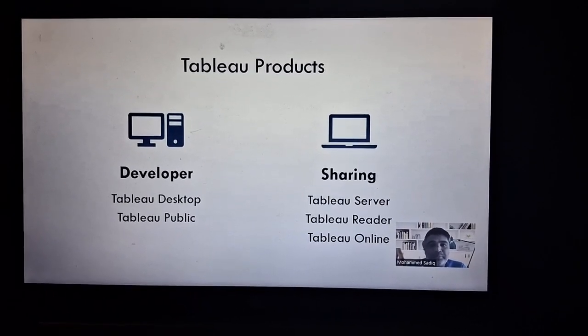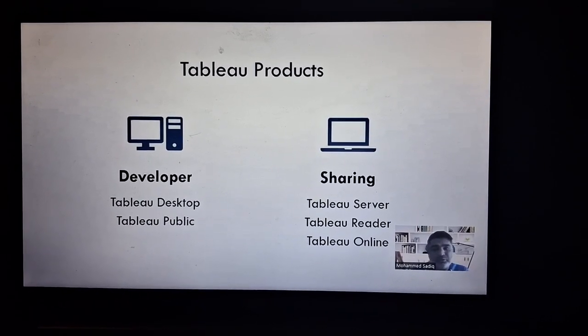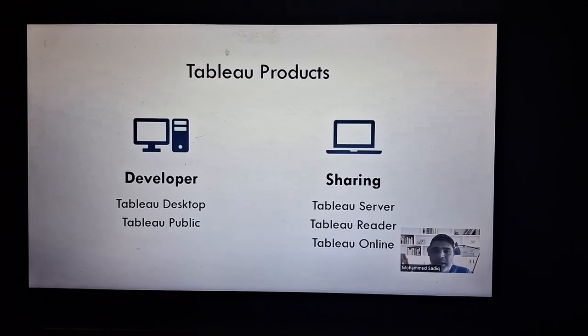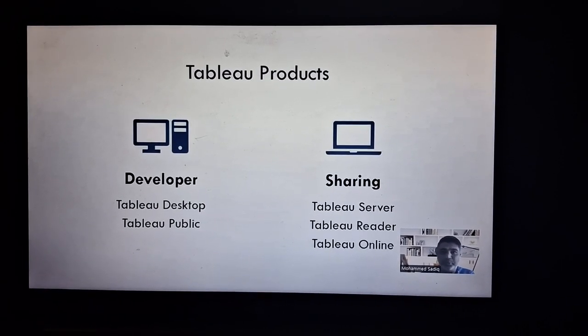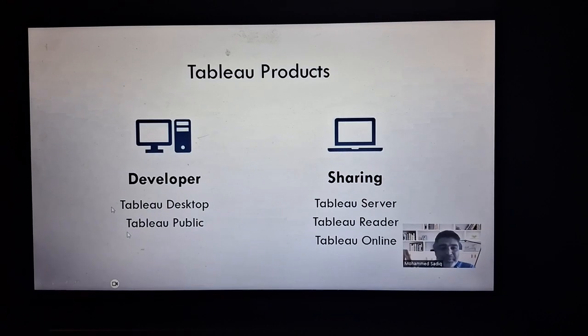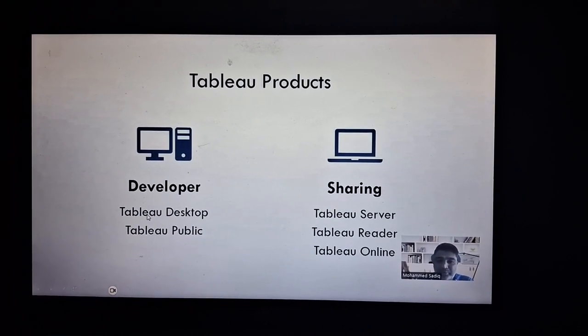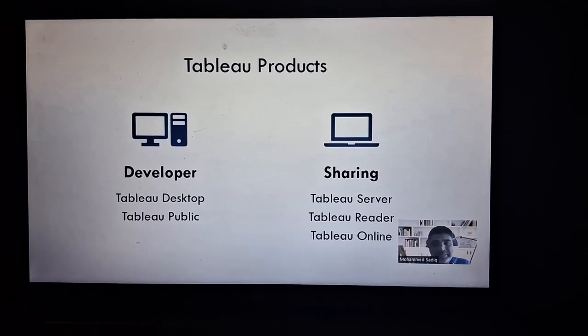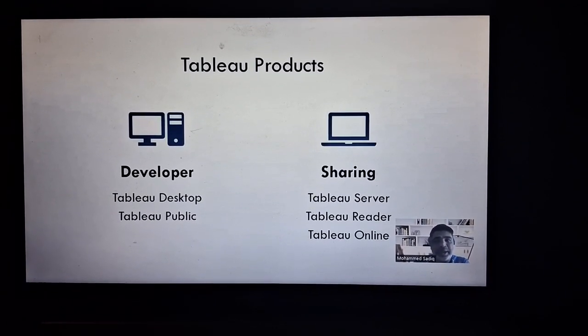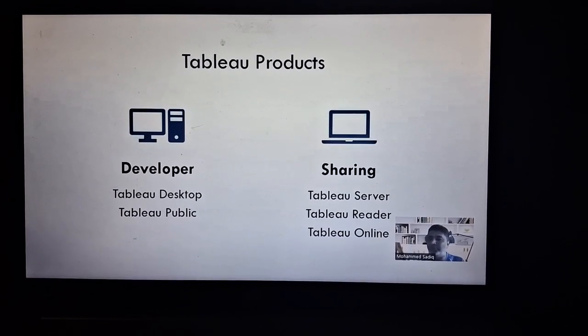Tableau comes out with different products, different editions of the software. We have some products for the developers, and we also have products for sharing the report. In the developer category, we have Tableau Desktop and Tableau Public. Tableau Desktop is a paid version used by enterprises, which has all the features required,